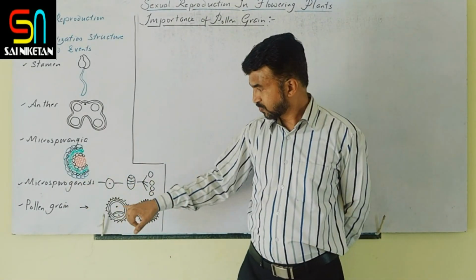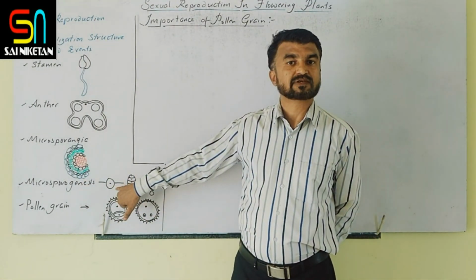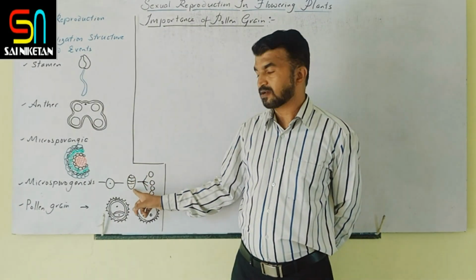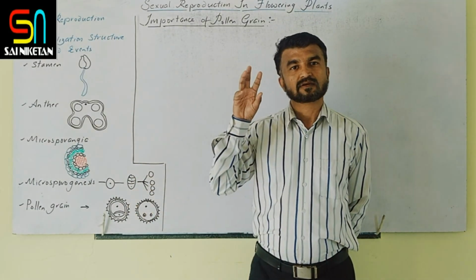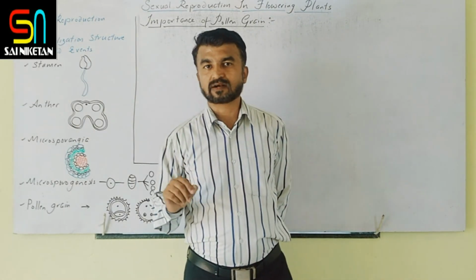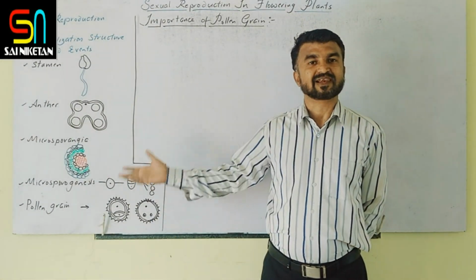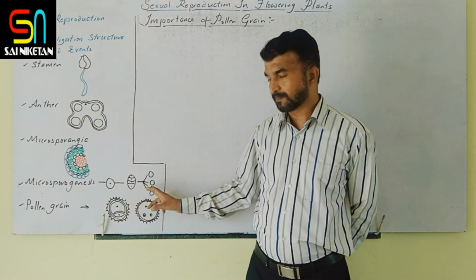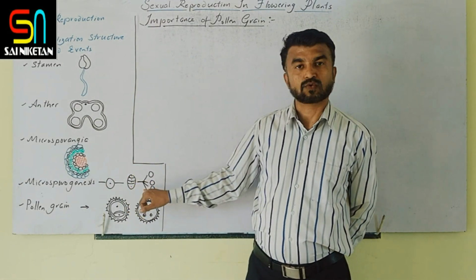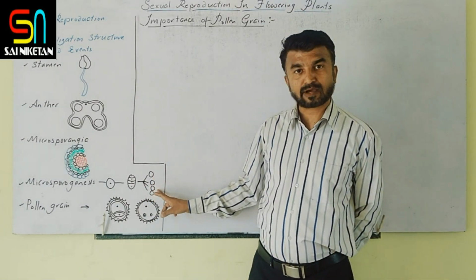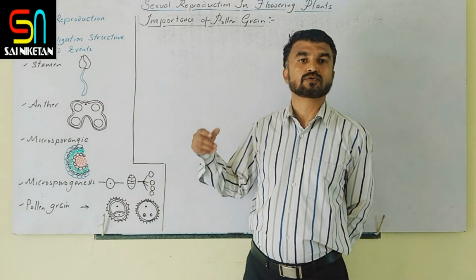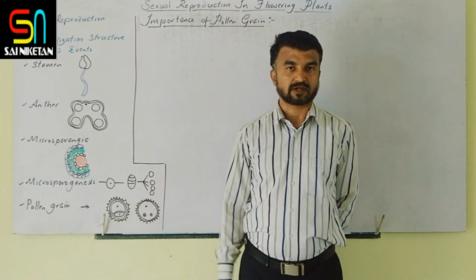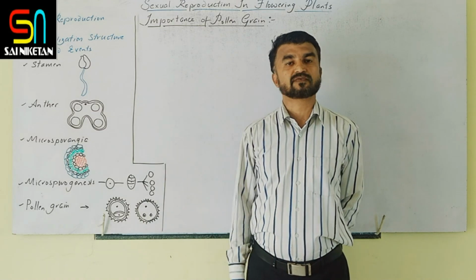Now, microsporogenesis means the pollen mother cell, which is diploid in nature, undergoes meiosis and produces a microspore tetrad. This microspore tetrad is either tetrahedral, isobilateral, decussate, linear, or T-shaped. When callase enzyme acts on the callose, the microspores separate. These microspores have the potential to develop into individual pollen grains. That final structure we covered is the pollen grain, which represents the male gametophyte.